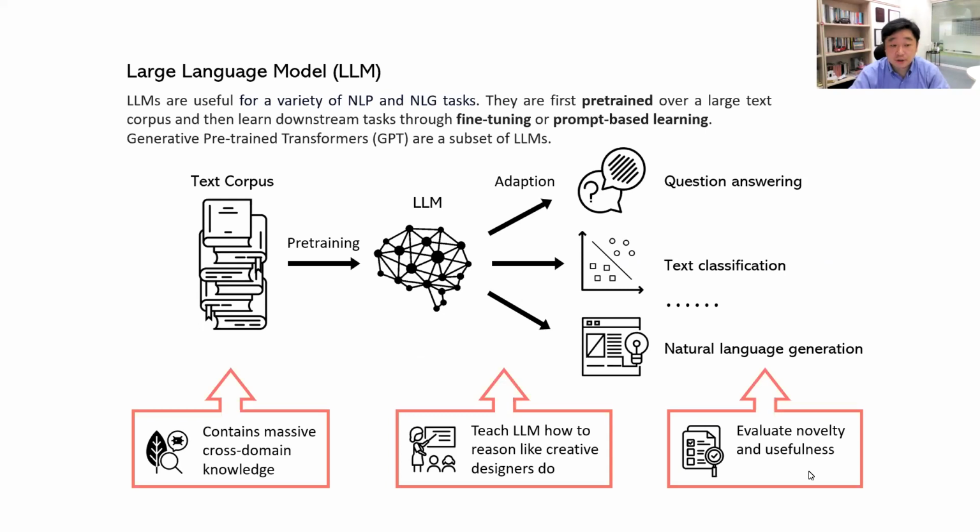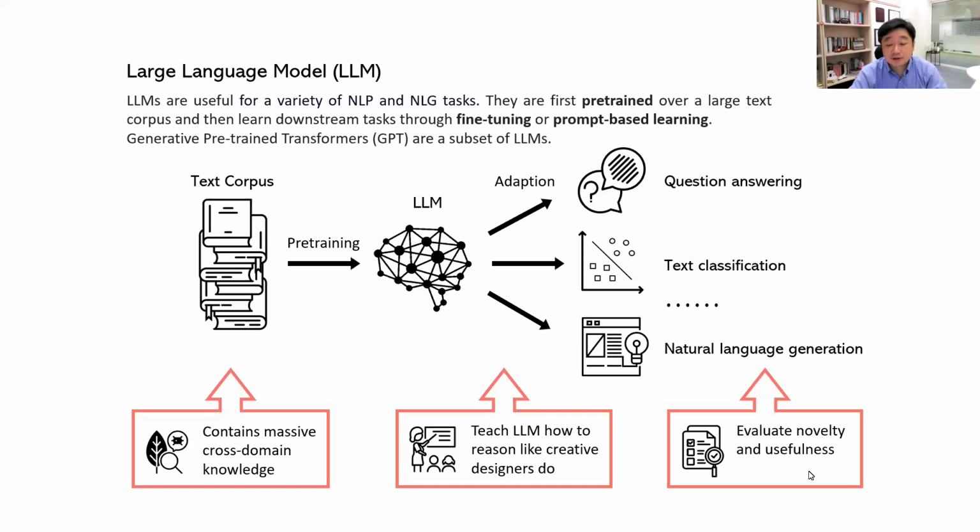Especially GPT, generative pretrained transformers, which are a subset of large language models and present generative and text generation capabilities that can be a very good basis for generating a new design concept in text form. Those large language models have been pre-trained on massive data sets, mostly made of text, but sometimes also images and equations and other modalities. They already have a lot of knowledge, and for use in different specific downstream tasks, they can be customized and fine-tuned and also repurposed through prompt-based learning.